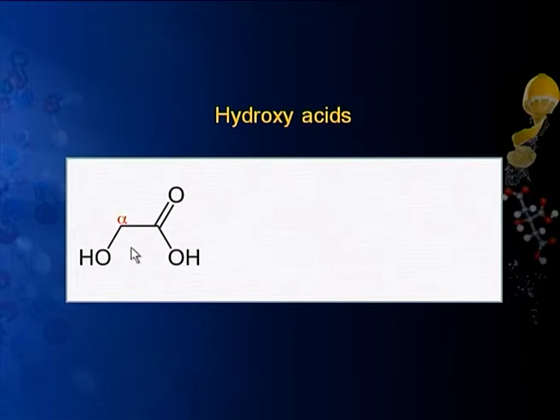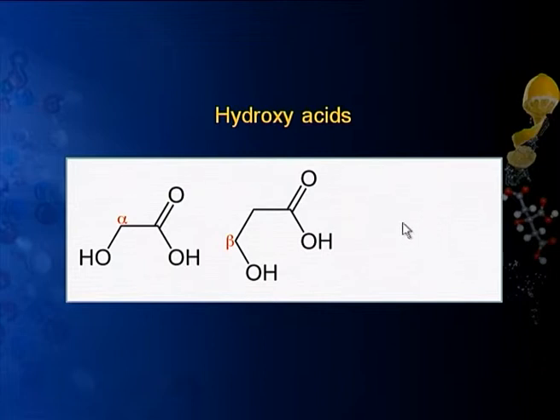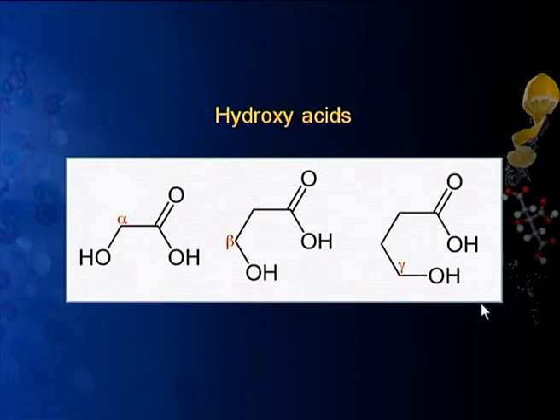Now, next let us move on to hydroxy acids. Hydroxy acids, as I said earlier, are those carboxylic acids which have a hydroxyl group substituted in place of hydrogen in the carbon chain. This hydroxyl group may be present at different positions in the carbon chain. Say this is the alpha carbon, and if it carries hydroxyl, such acids are classified as alpha hydroxy acids. If a hydroxyl group is present at the beta position, they are called beta hydroxy acids, and similarly if the hydroxyl group is present at the gamma position of the acid, we call them gamma hydroxy acids, and so on.